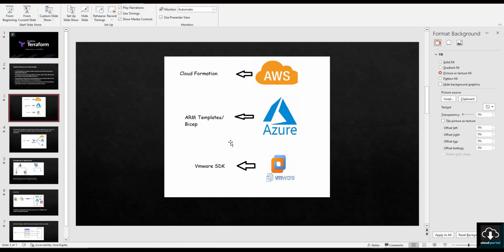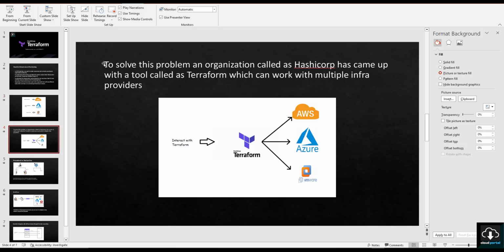But suppose you are working in an organization and your clients and products are using different cloud technologies. If one client is using AWS and another client is using Azure, it is not feasible for everyone to learn every tool for each particular cloud or VMware infrastructure. To solve this problem,